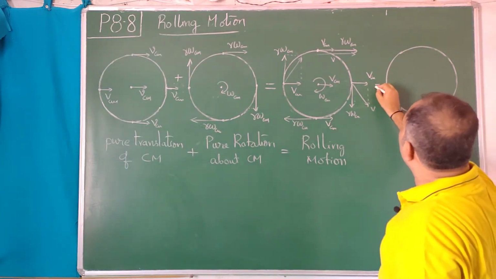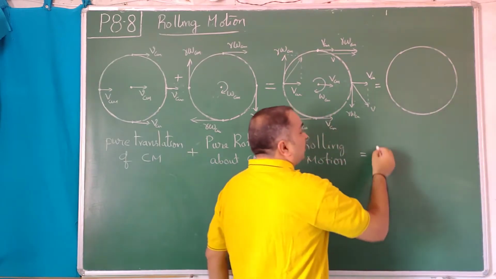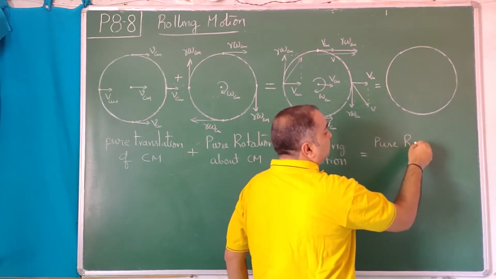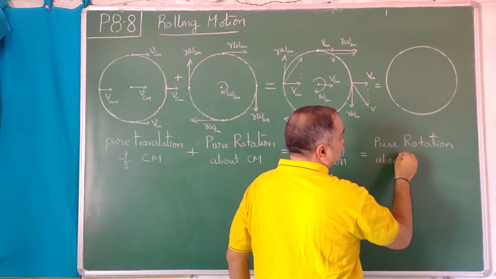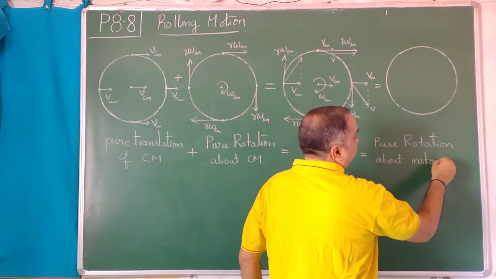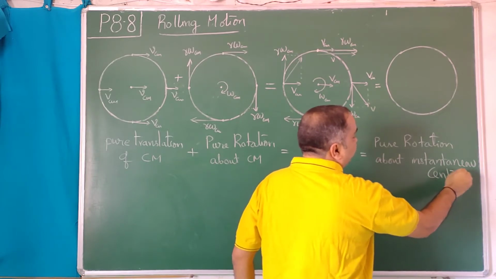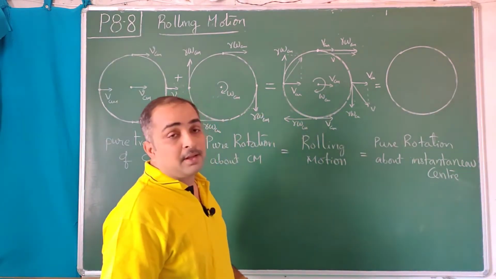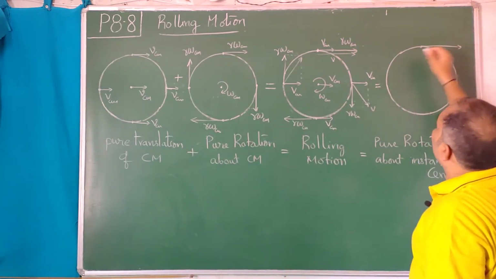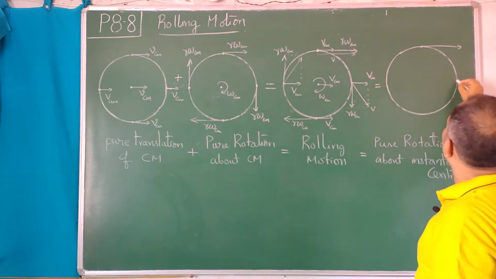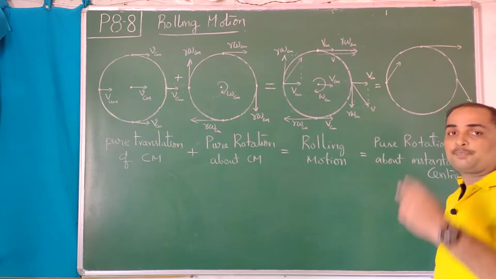Now mathematically this is also equal to pure rotation about the instantaneous center. First we have to define what the instantaneous center is. If at all you know the final velocities, if this velocity is like this, a combination of this and this comes like this vectorially, and this point will have velocity like this. Any 2 points are the minimum required.